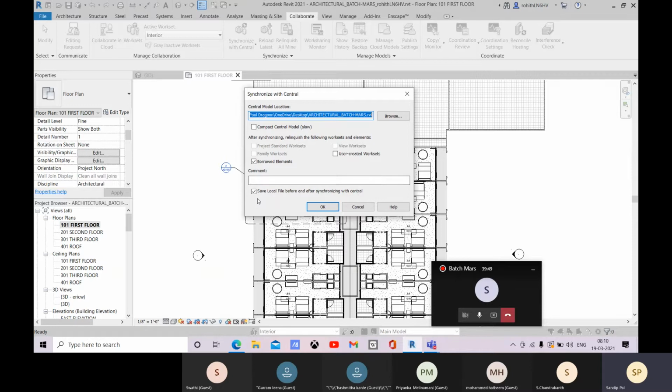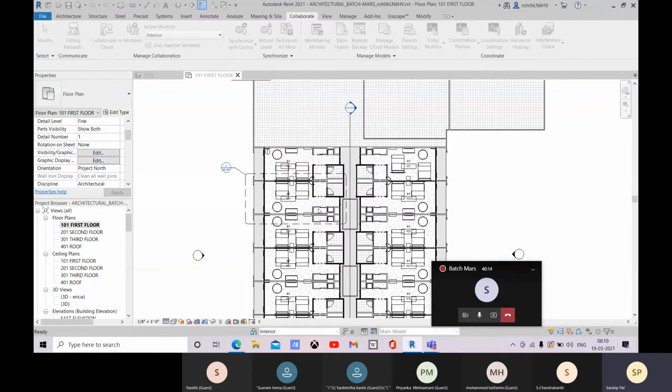If you want to add any comments, you can do that. It will first save the local file and then go for synchronizing with the central, updating within the central file, and that is okay.